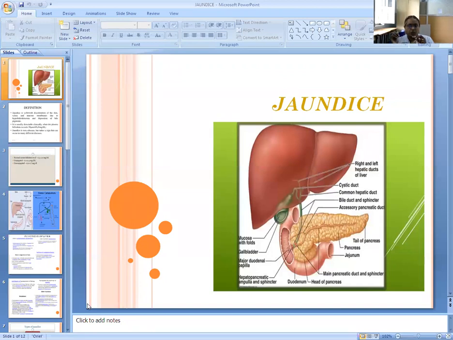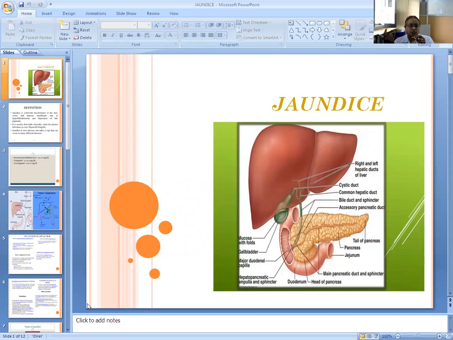There can be a long question on liver cirrhosis and jaundice, and there is a short case of liver cirrhosis and jaundice in practical. So these two topics are very important. Acid peptic disease is a simple topic. Then there is a short note on chronic diarrhea and a short note on malabsorption syndrome. Then a short note can be on balanced diet. A short note can be on vitamin deficiency manifestations.